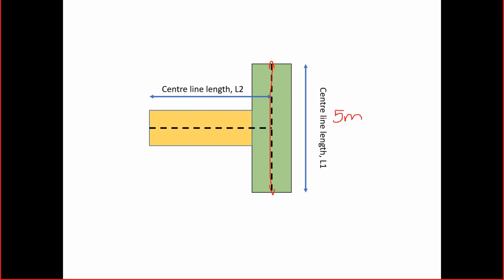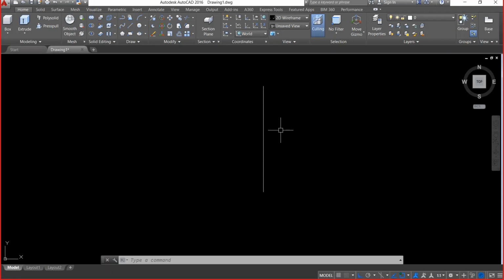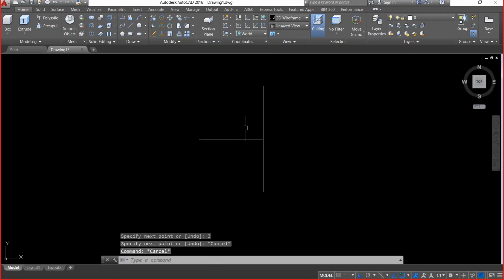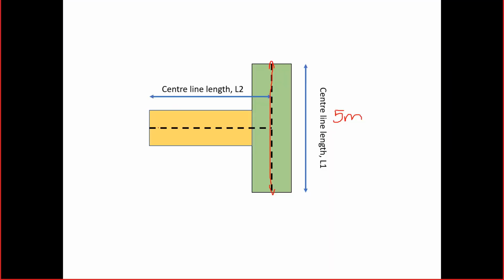Let us assume that we are in the sequence of construction. So this is the total center line length which I have already drawn here. Now, exactly at the center of this line, I have another line in the perpendicular direction for a length of 3 meters, from here to here, which I've drawn in AutoCAD as well.